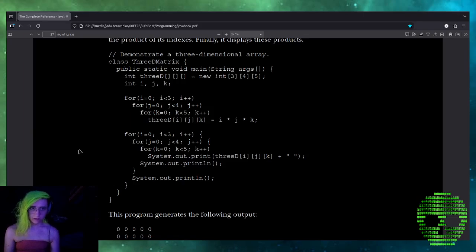Demonstrate a three-dimensional array. class Matrix3D { public static void main(String args[]) { int threeD[][][] = new int[3][4][5]; int i, j, k; for (i = 0; i < 3; i++) for (j = 0; j < 4; j++) for (k = 0; k < 5; k++) threeD[i][j][k] = i * j * k;